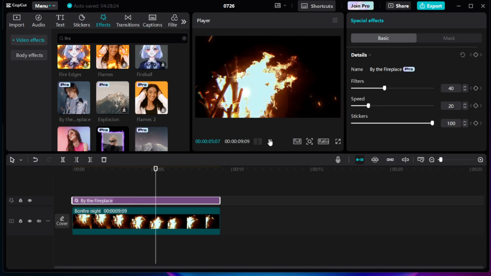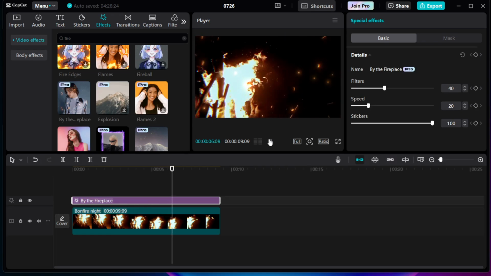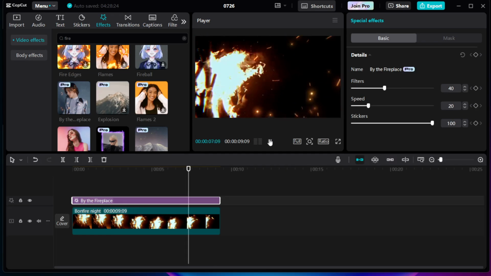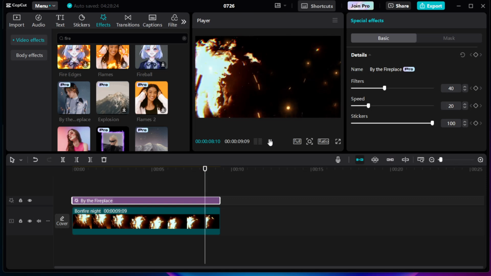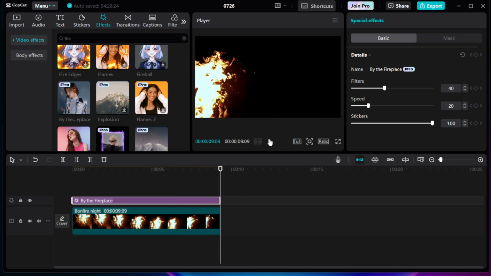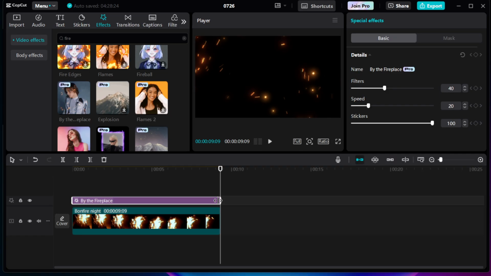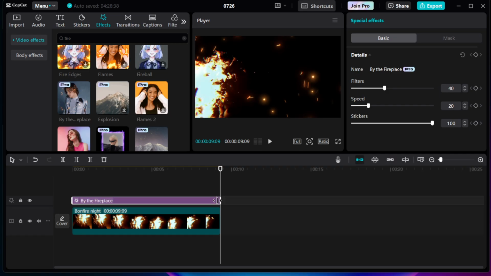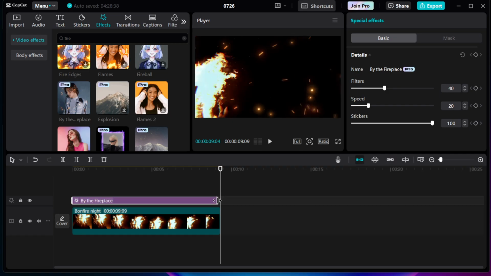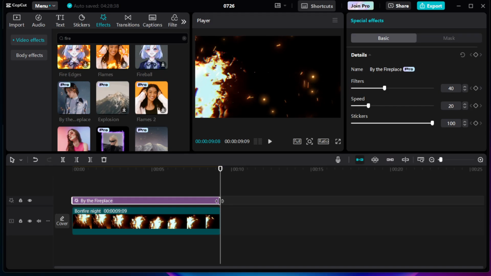After placing your effect on the timeline, move on to the resize or reposition stage in the preview window. This step is all about customization and making sure the effect sits perfectly within your scene. Whether you want the sparks to shower your entire frame or just accentuate the corners, now's the time to adjust its size and position. Be creative, play around with the placement, and make sure it complements the story you're trying